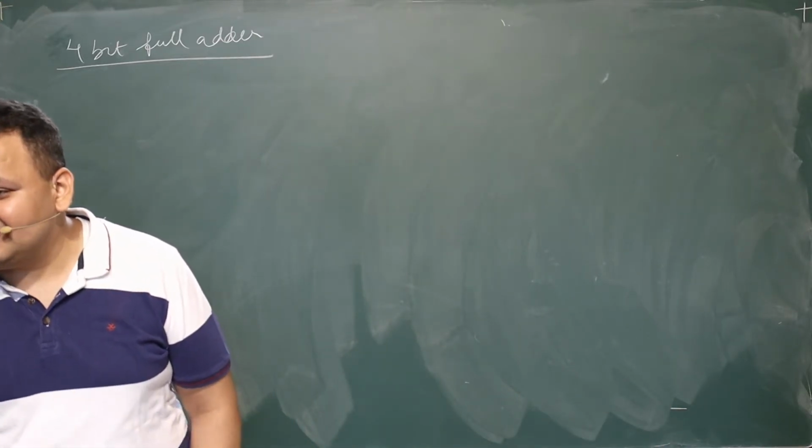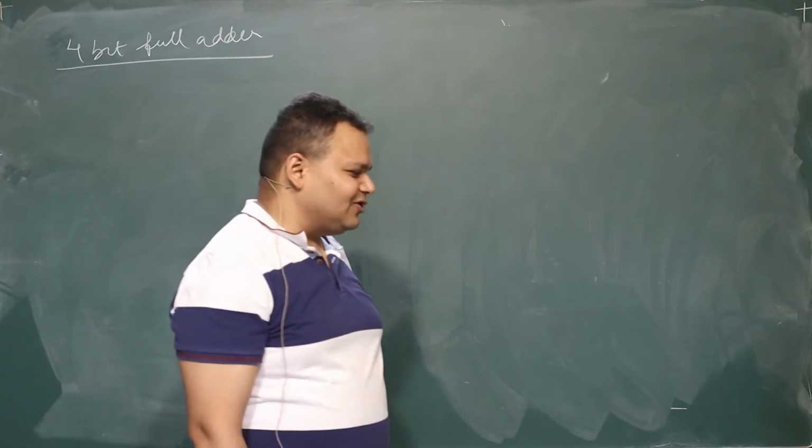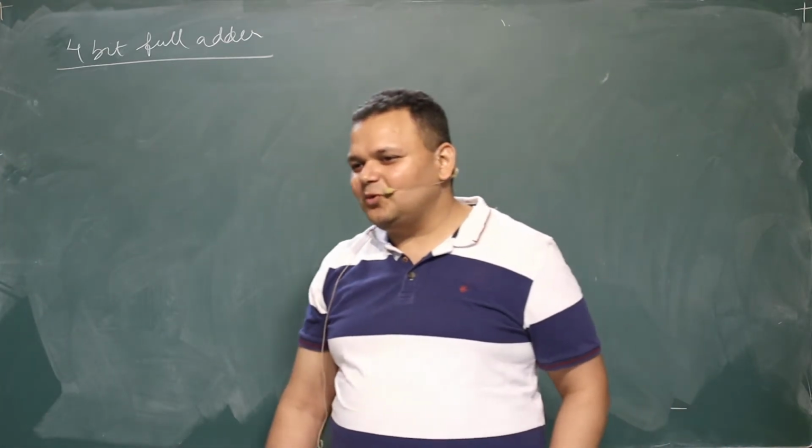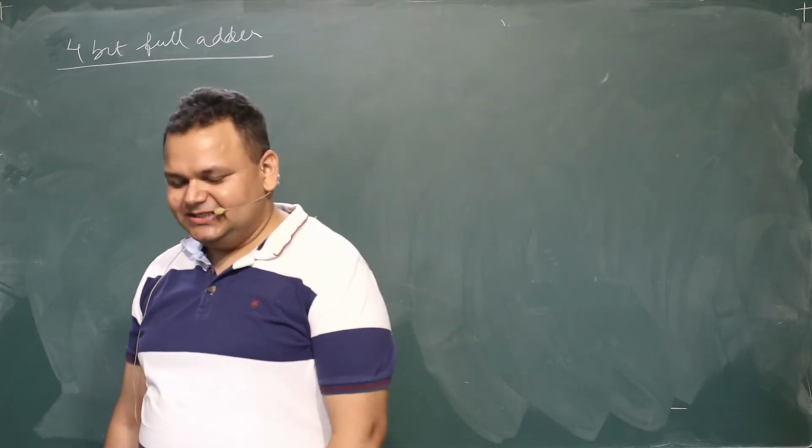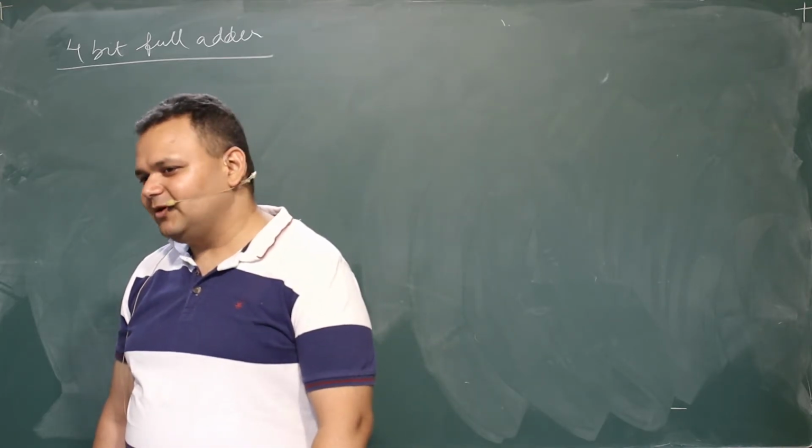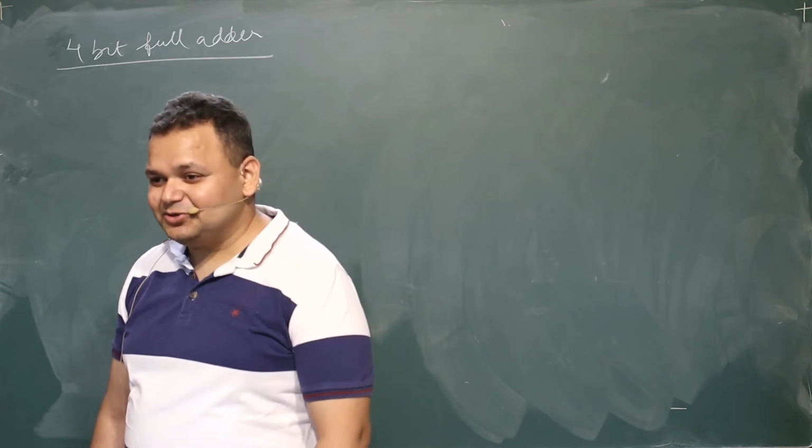So your variable names, your instantiation names or anything like that can only start with an underscore or an alphabet. Okay, it cannot start with a number or anything like that. So please make sure you don't do that.